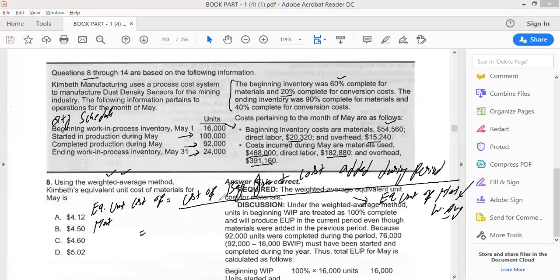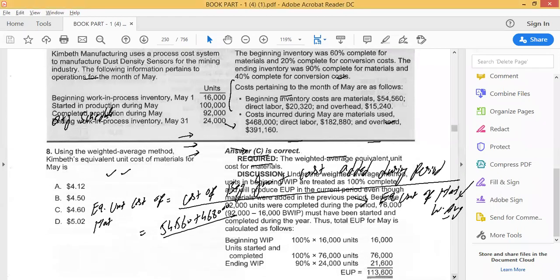Students, here cost of beginning inventory is already given. It is 54,560, and how much we added during the period, plus 468,000 we added during the period. We will divide it with the equivalent units of production. Students, we already have enough practice as we did enough practice for equivalent units of production. So right now I can borrow the figures from here. Equivalent units of production in this case is